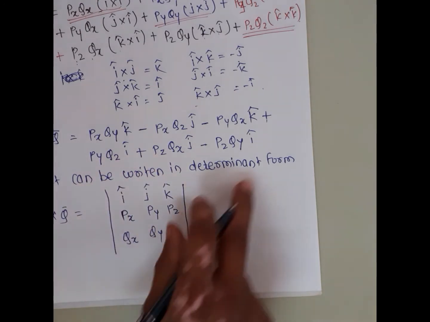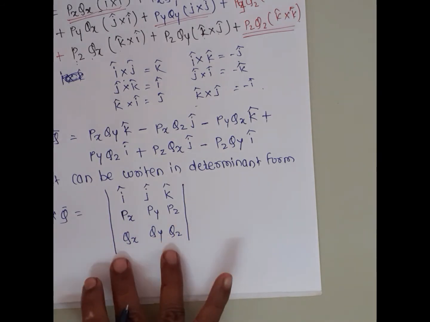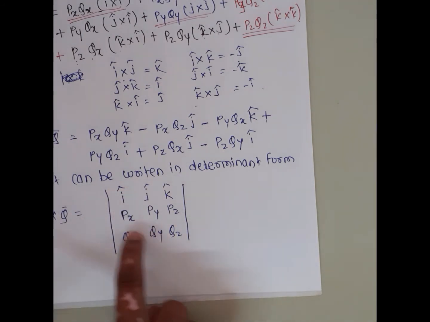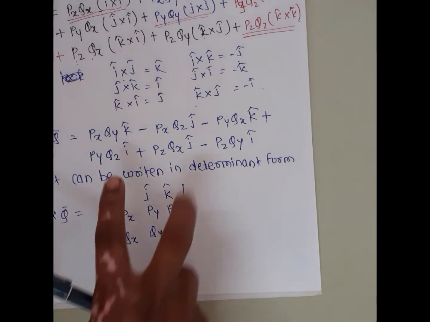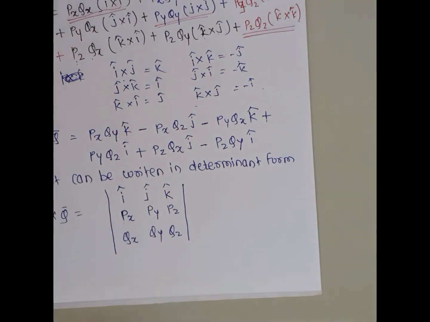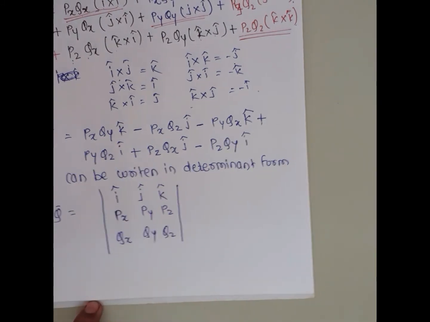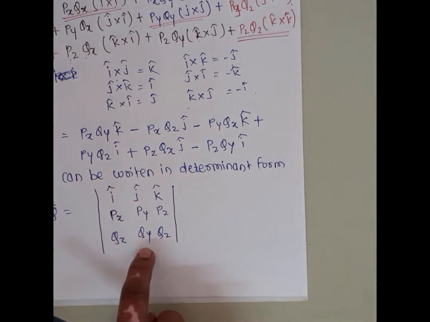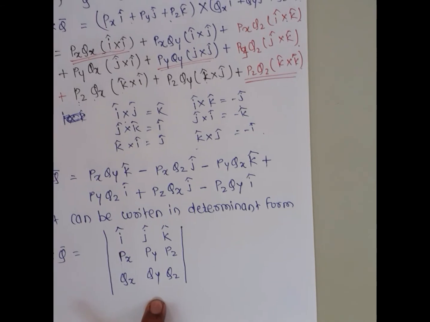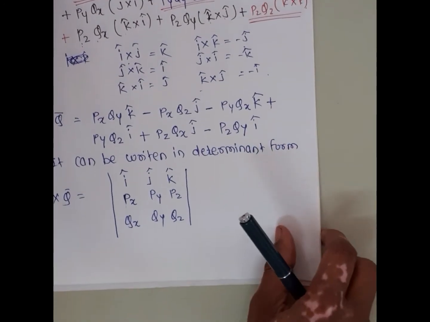You solve the determinant and we get this answer again. In 9th or 10th standard we solved some determinants: 2 by 2 determinants. This is 3 by 3 determinants. If we solve this determinant, then we get this answer. The meaning simply says that P bar cross Q bar is written in the form of a determinant like this: Px, Py, Pz, Qx, Qy, Qz, and I cap, J cap, K cap represent the unit vectors. So if we consider P bar and Q bar like this, you write these equations in a simple way.